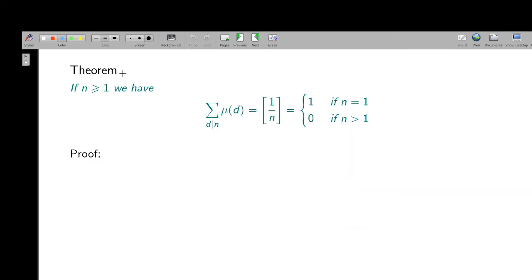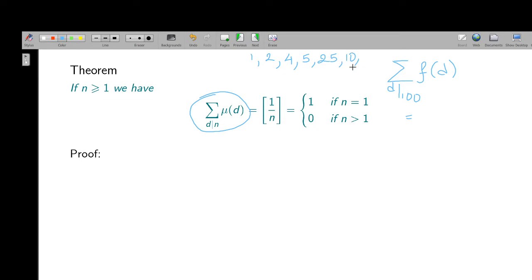Okay, so we will prove that this sum is something which we are going to be interested in many times. When we write summation d divides n f of d, what we mean by this is that d varies over the divisors of n. So for example, if n is 100, we know that the divisors of 100 are 1, 2, 4, 5, I hope I'm not making a mistake, 5 square, which is 25,